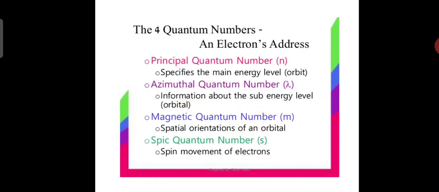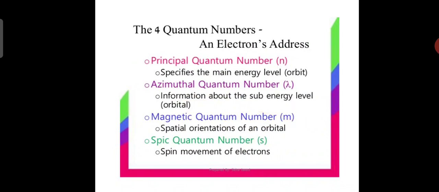Okay, balikan lang natin. Itong apat na quantum numbers na to, para itong address. No? Address. It gives the address of the electron. So, yung principal quantum number, parang yan yung region. No? Kung saan nakatira, kung saan included yung electron na yan. Saan ba yung region na yan? Pwedeng region natin, NCR, region 1, region 2, so on and so forth. So, yan. Parang ganun yung represent ng quantum number, yung region.